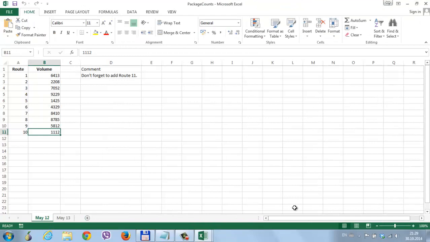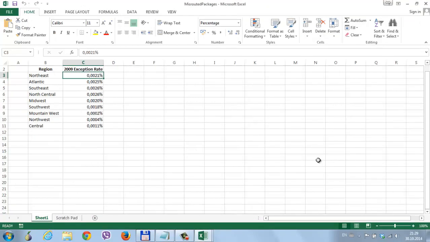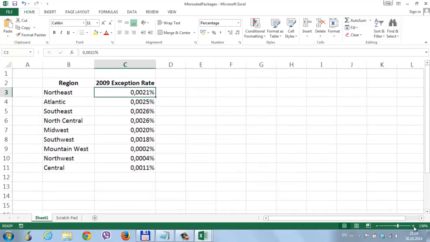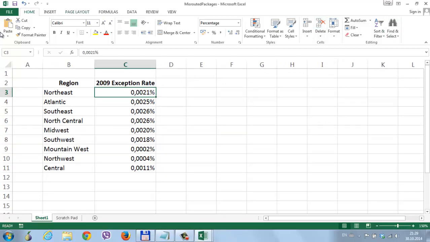Okay, full view, perfect 100%, and this is also 100%. Alright, now in the Misrouted Packages workbook, in the lower right corner of the Excel window, click the Zoom In button 5 times, so you get 150%, just as I said before, and select the cells B2